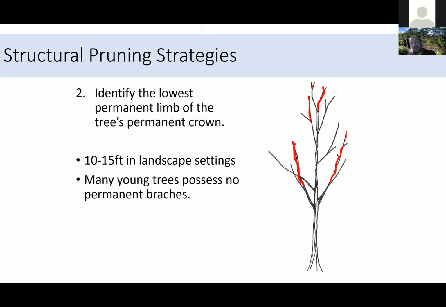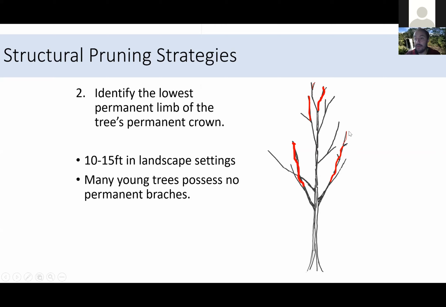So this is a point where I have to clarify how trees grow, because I do find there's always one or two people who have missed out on this, right? Trees only grow from their tips, and they grow in diameter. So on this little tree here, the lower branches that are on the tree are always going to be at the same height, right? They're not going to move up higher as the tree grows. They're always going to be at that height.